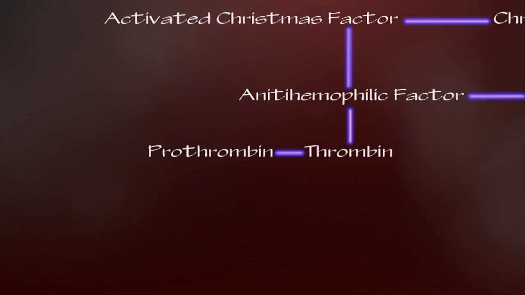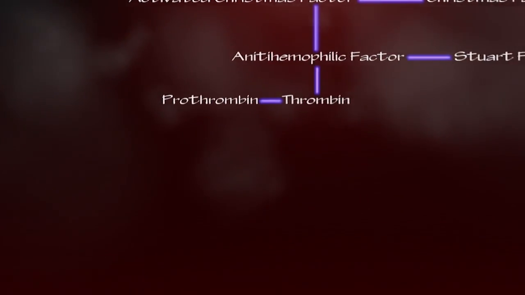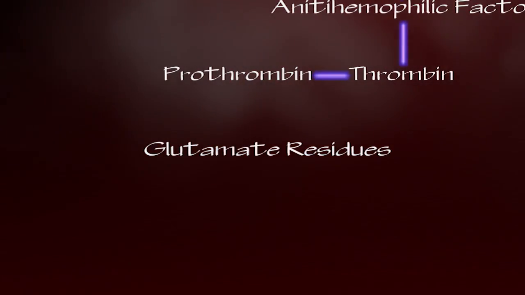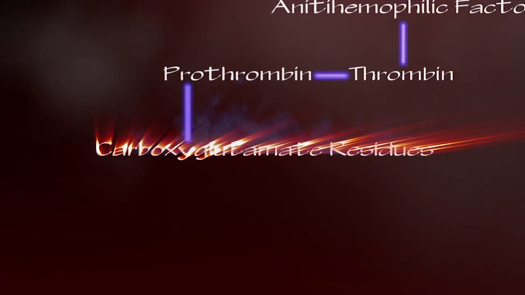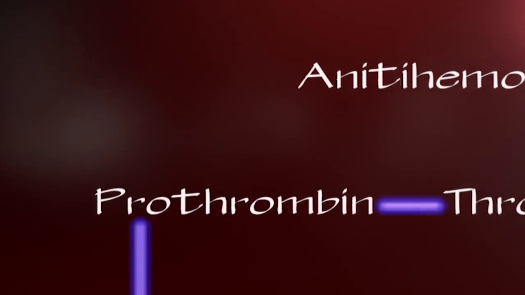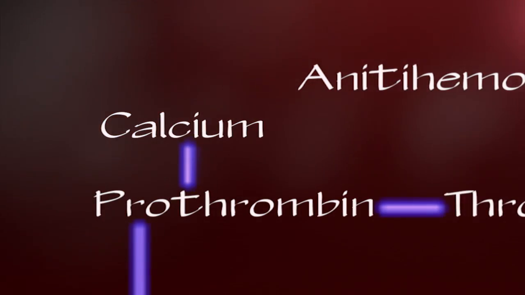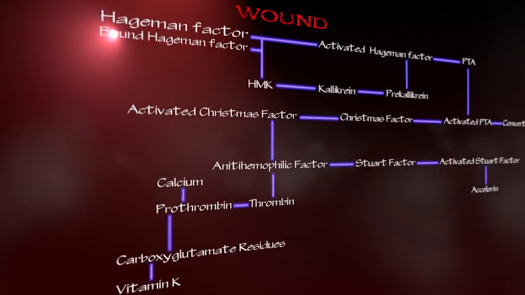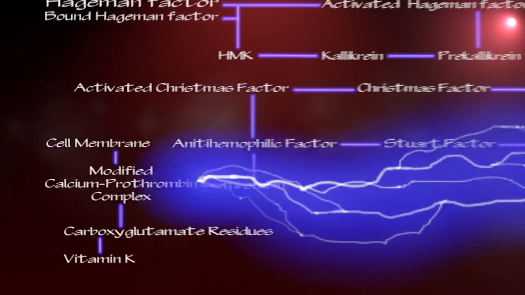Before this can happen, however, prothrombin must first be modified by having 10 specific amino acid residues called glutamate residues changed to carboxyglutamate residues. This conversion requires another protein molecule called vitamin K, which you've all heard of, and this allows the prothrombin to bind to calcium, which allows the prothrombin to stick to the surfaces of cells. Only this intact modified calcium prothrombin complex bound to a cell membrane can be cleaved by activated Stewart factor and